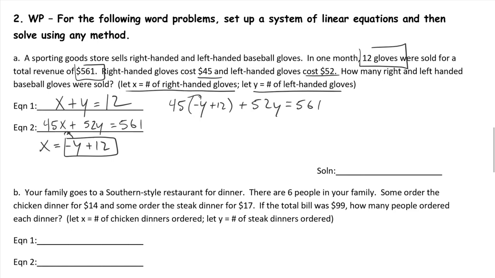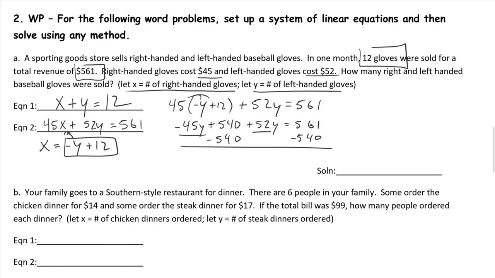So now we need to distribute our 45, negative 45y plus 12 times 45 makes 540, plus 52y equals 561. So we want to subtract 540 from both sides, and we'll combine our 52y and negative 45y. That makes 7y